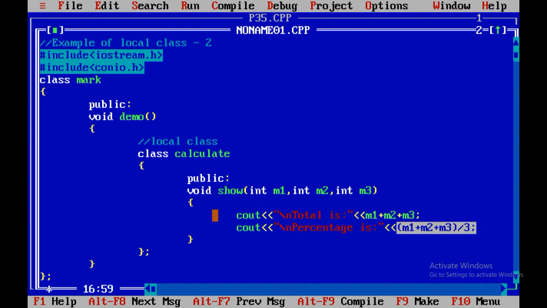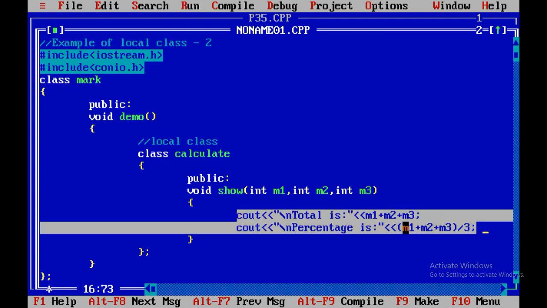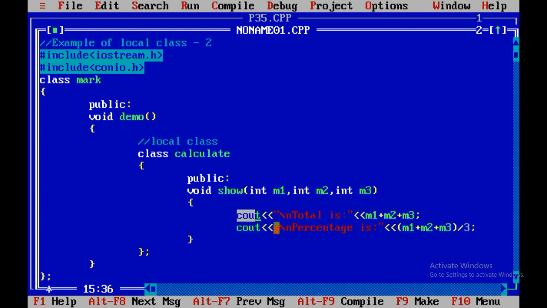In this way you can also calculate the percentage and print the percentage variable. But right now I have not used any variable for the calculation. I have directly used it in the cout statement.